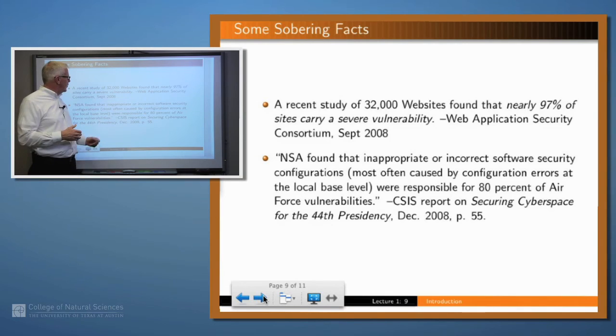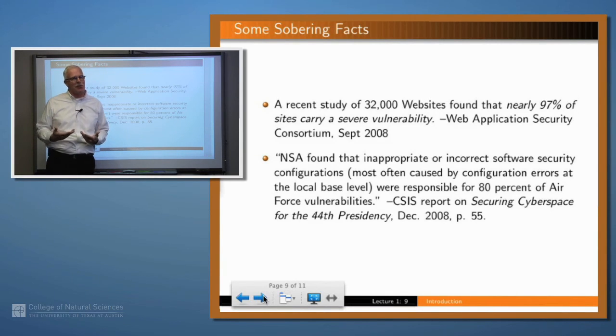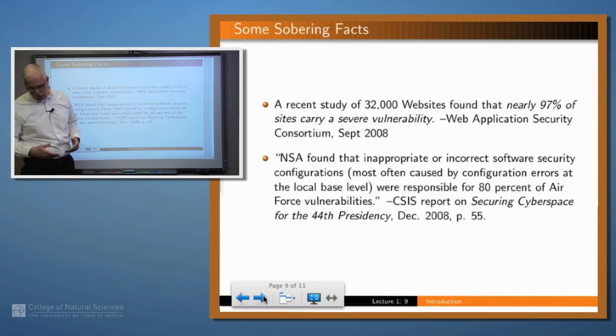And this last one suggests that a very large percentage of the security problems that we have in the world are because people are just not being careful, right? This study by NSA showed, they looked at a number of Air Force systems, and they found that a very large percentage of them had security systems, of course, in place, but the security systems were not well configured to deal with the threats which were available. And that suggests that, not only is it necessary to have security in place, but it's also necessary that you understand how the security systems work and that you configure them appropriately.